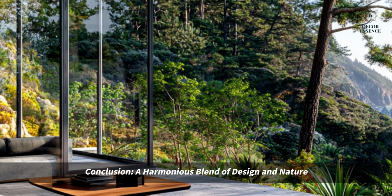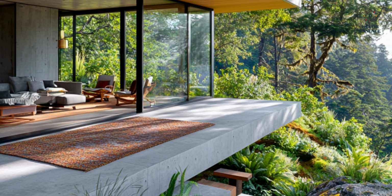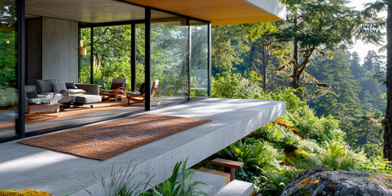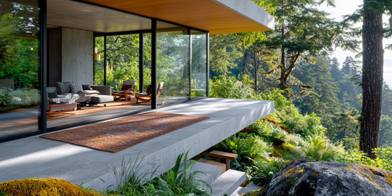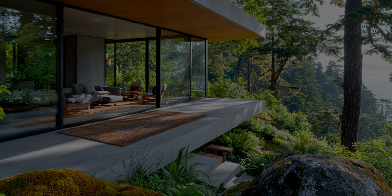Through the use of durable materials, a multi-level design, and an emphasis on sustainable living, the home creates a beautiful and functional living space that connects seamlessly with its environment. Every element, from the choice of concrete to the strategic placement of windows and outdoor spaces, works in harmony to create a home that feels both luxurious and grounded in